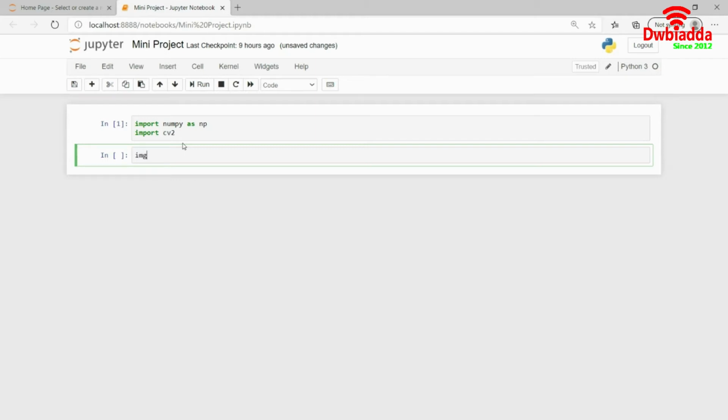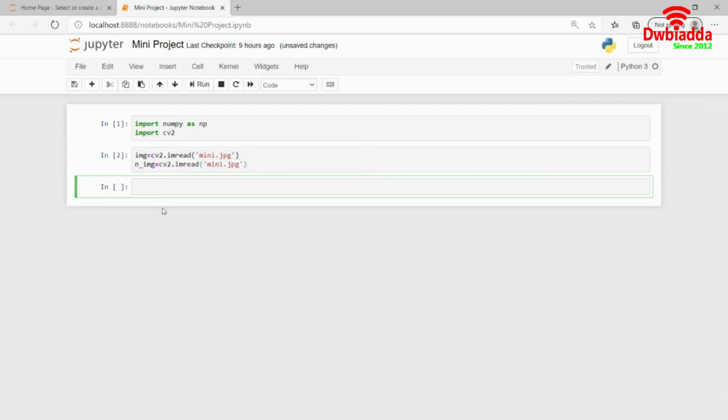read the image first. So I will store the image in a variable using cv2.imread mini.jpg, and I will also store it in another variable which is known as nimg, because I don't want to manipulate my original image. This is just a copy of the image. So go here and copy this over here. And if you want to see how our image looks like, it's cv2.imshow. First, we have to give the name of the window, which I will give as window itself.